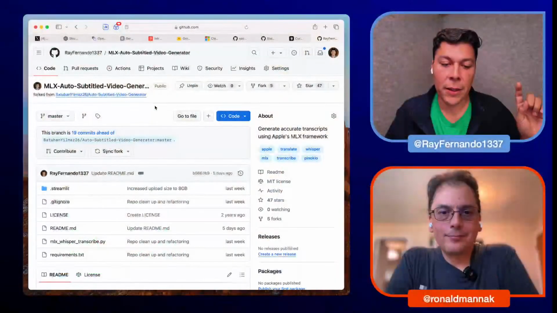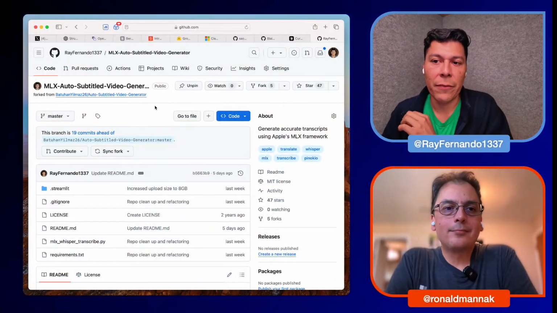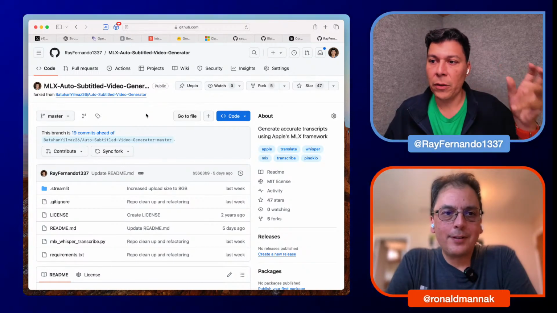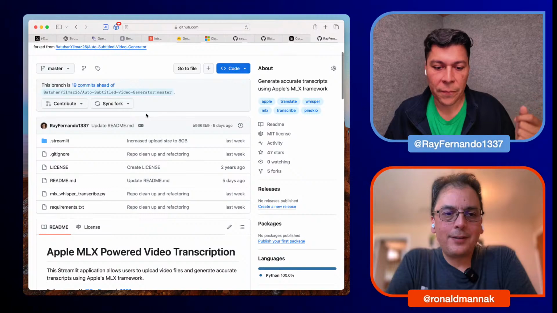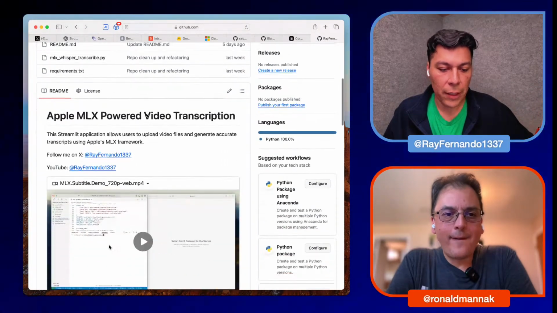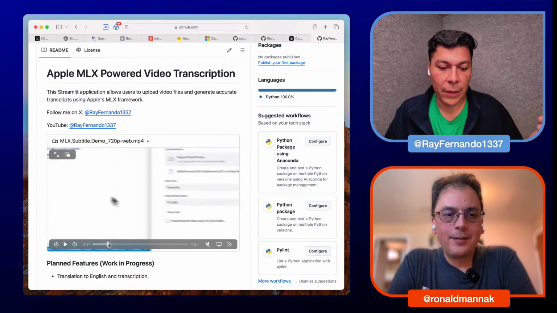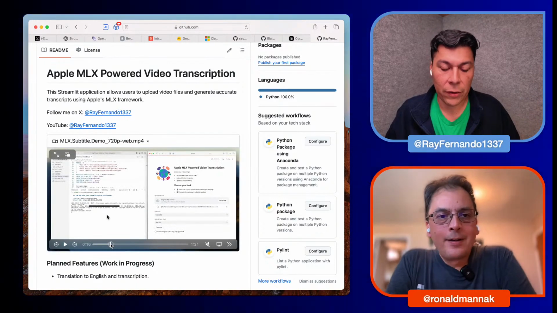I don't even get an SRT, or a file that I can give to YouTube as part of the transcription. So I thought, let me see if I can find someone out there who's done this before. It turns out there was someone who did this, but not for an Apple-specific platform. I just forked their repo and built on top of it using the MLX APIs. Now you can do voice transcribing just by giving it a video. It could be 8 gigabytes or 4 gigabytes, however long your video is.